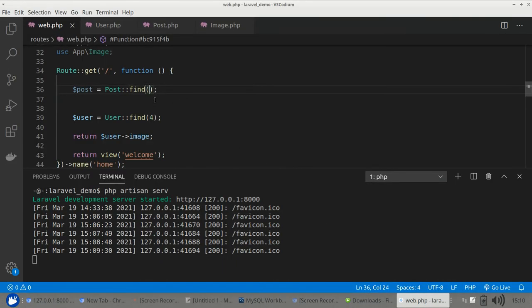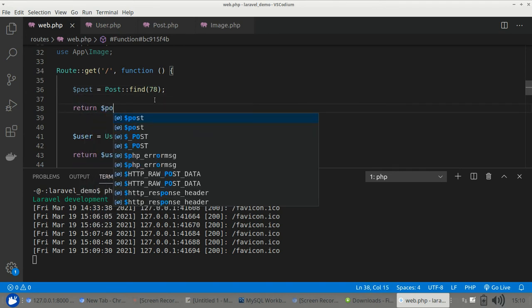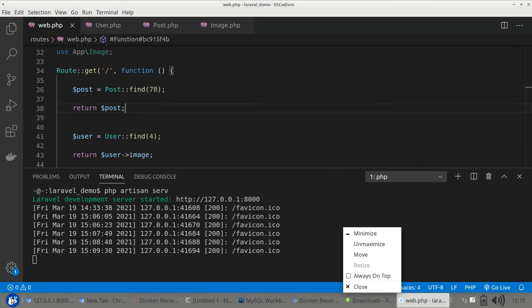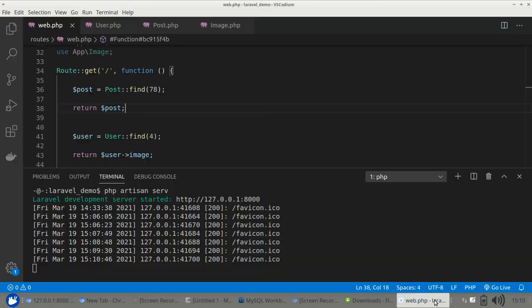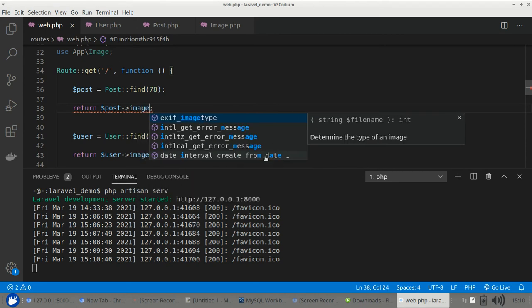Okay, 78, return post. And if we refresh, we'll get the information about the post which has ID 78, and also we can fetch its image information